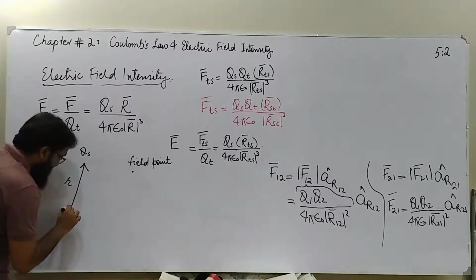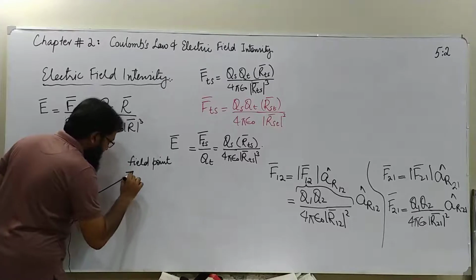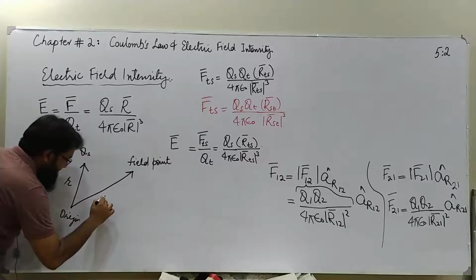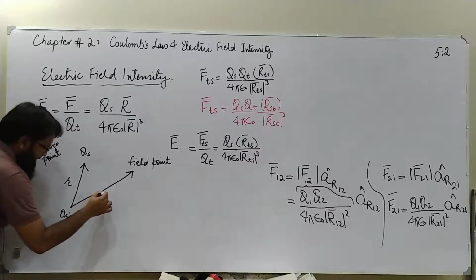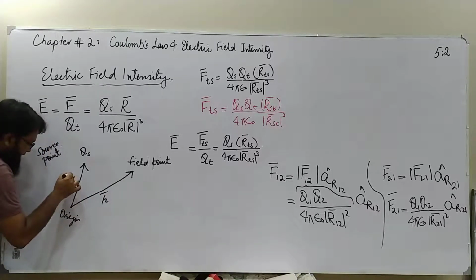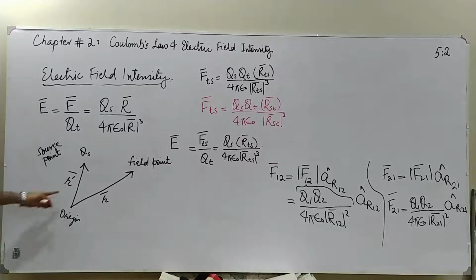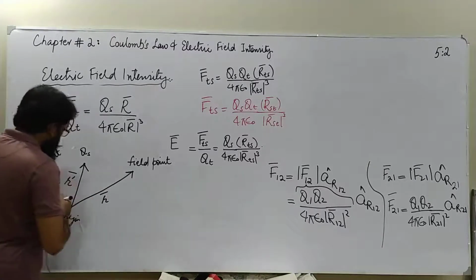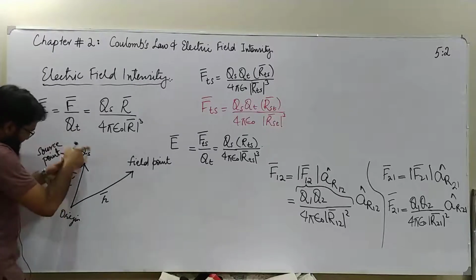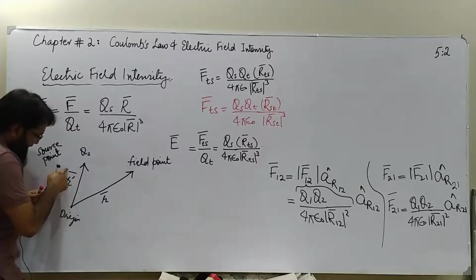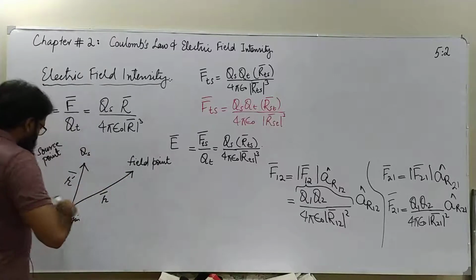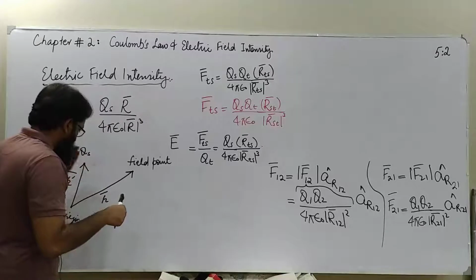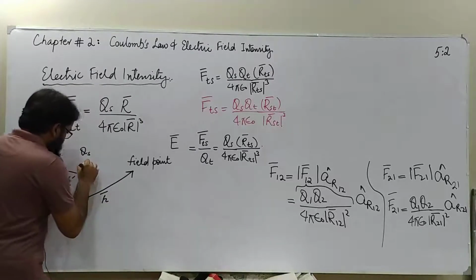So the distance of that field point from the origin is, let's say, this is R, and it is customary to write R prime for every entity which is associated with the source. Since there is a source, we are using the position vector R prime to locate that source point, and to locate the field point we are using the standard position vector R. So this vector